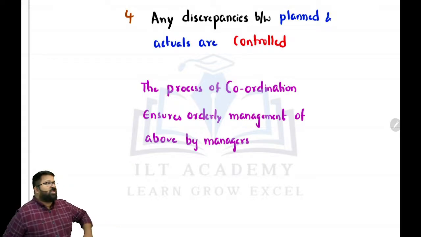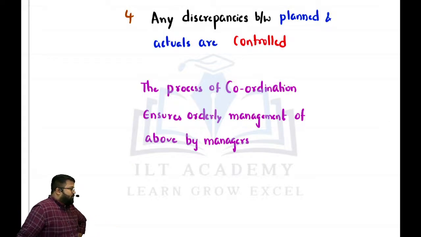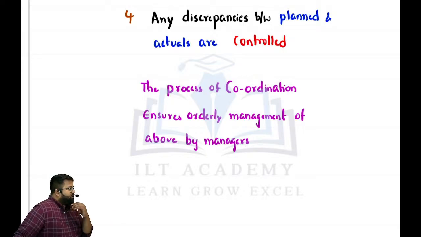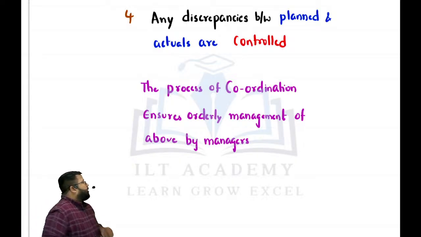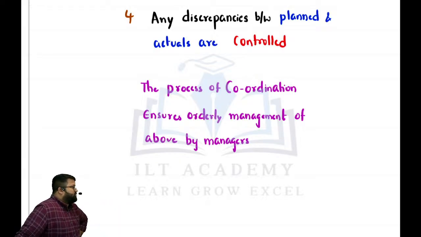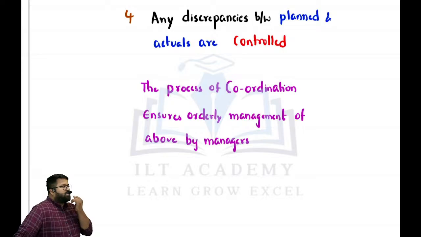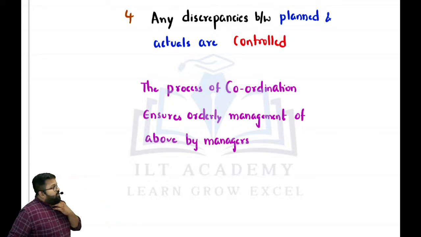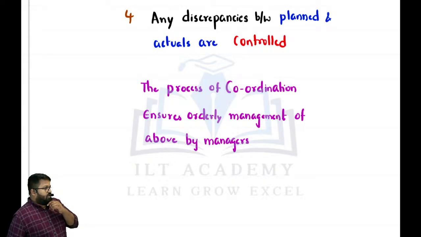Even among you, if you are planning a party or a trip to Goa, one is saying we shall go by train, or by airways, or by roadways. If there is no proper coordination and cooperation, will the trip be successful? Someone is ready to go to the beach, someone is not willing, someone is getting angry. If there is no proper coordination, will the trip succeed or fail? Drastic failure. That's the point.